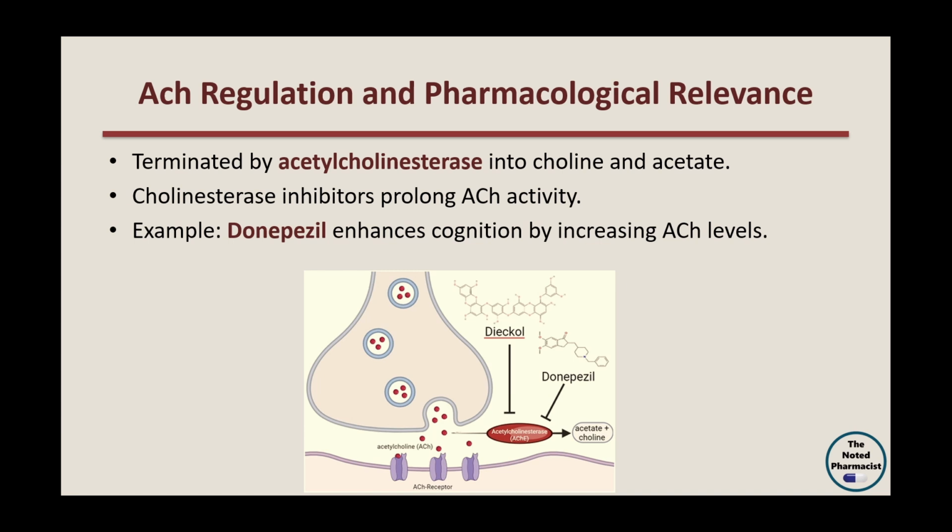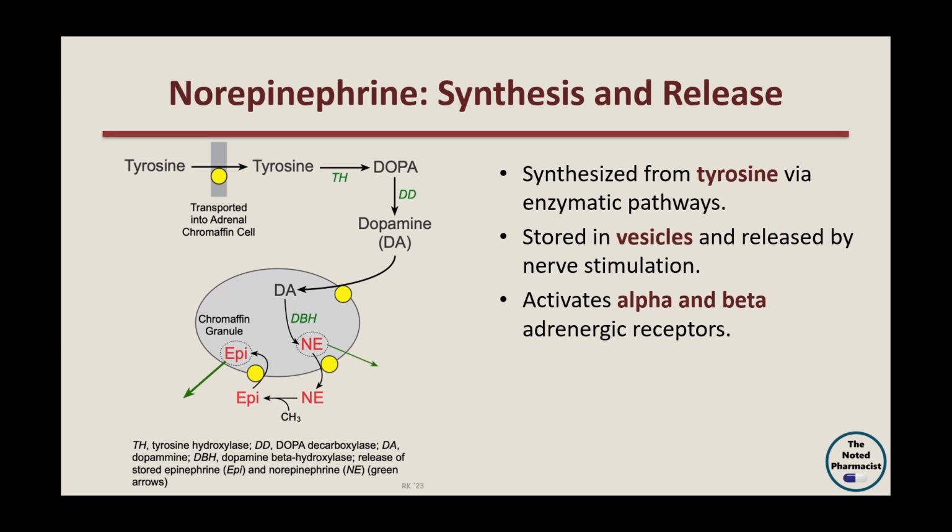higher acetylcholine levels. Norepinephrine, a key neurotransmitter of the sympathetic nervous system, is synthesized from the amino acid tyrosine via enzymatic steps involving tyrosine hydroxylase and dopamine beta hydroxylase. Once synthesized, it is stored in synaptic vesicles, ready for release upon action potential-mediated nerve stimulation. Released norepinephrine binds to adrenergic receptors, primarily alpha and beta subtypes, triggering physiological responses such as increased heart rate, vasoconstriction,